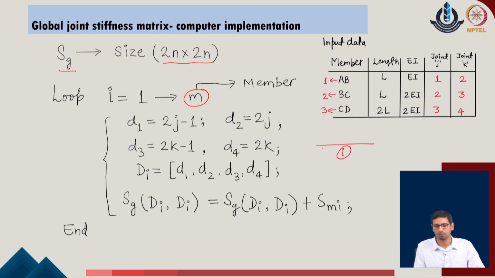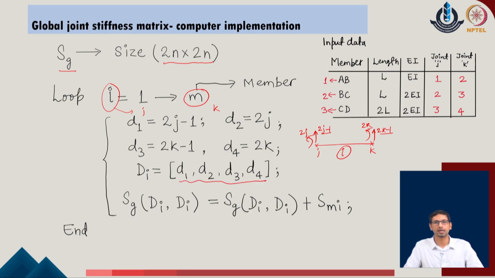if I am talking about the member i in the given problem, it has two joints which are located as joint j and k. So, I will bring the numbers j and k for the given system, because I know that I am talking about the ith member. I will also know that it has two joints, joint j and k of the given problem. So, I will now say that this is going to contribute to the 4 degrees of freedom, which are 2j minus 1, 2j, 2k minus 1 and 2k in the given system. I can arrange all these 4 degrees of freedom and say that these are the 4 values assigned to the given member i in the given problem.